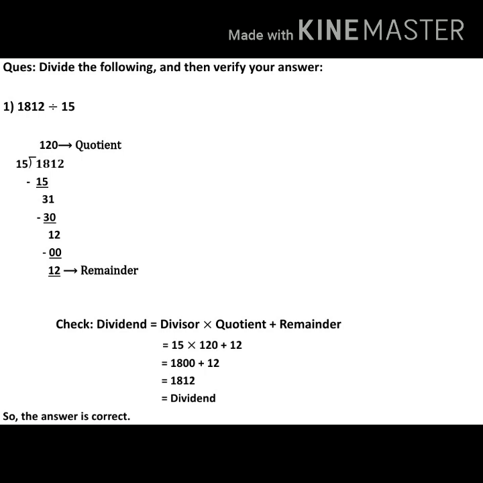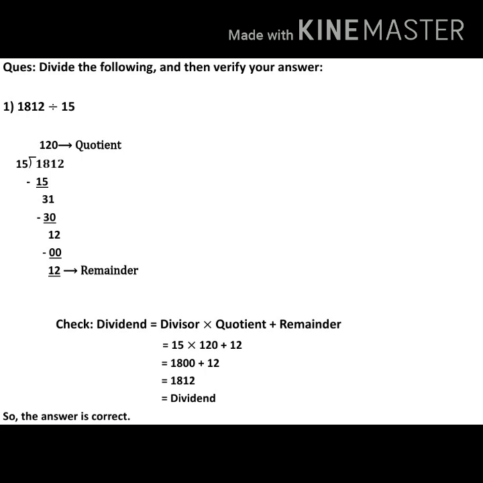In the next step, we will get 15 twos are 30. So we will write 2 as the quotient and 30 below 31. After subtraction, we will get 1. Now we will bring down the next number, that is 2, and the number will become 12. But 12 is not divisible by 15. So we will write 0 as the quotient and also write 0 below 12, and we will get 12 as